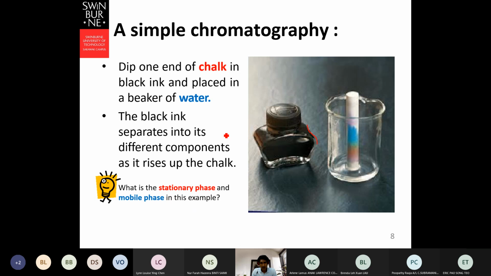I'm not sure how many of you, but nowadays mostly we use the ballpoint pen, right? Previously we had this fountain pen. The ink for that fountain pen is a mixture of different pigments, of different colors. Although it looks black, but